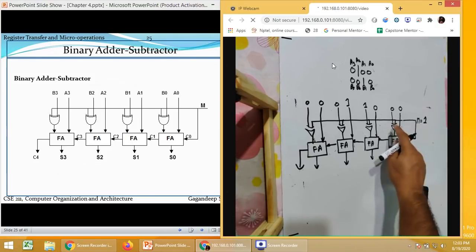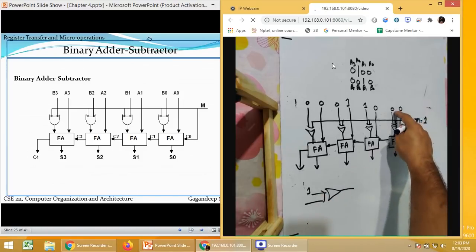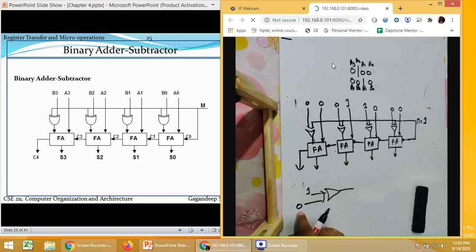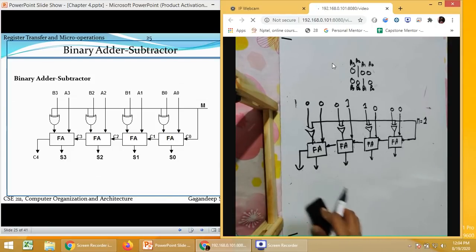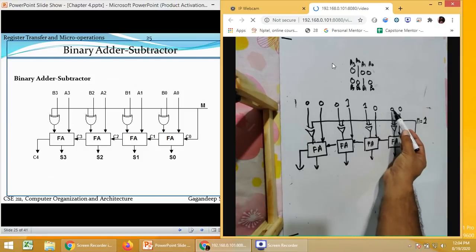Now if M is 1, so inside this XOR gate, we are getting the value of M equal to 1. There will be another value from this input. So if I give 0 and 1, our input is different, so output will be 1, which is nothing but the complement of the input value. This is the input value, this is the value of M. So 0 is becoming 1, which means it is complementing the value. So whenever the value of M will become 1, this will start complementing this value.